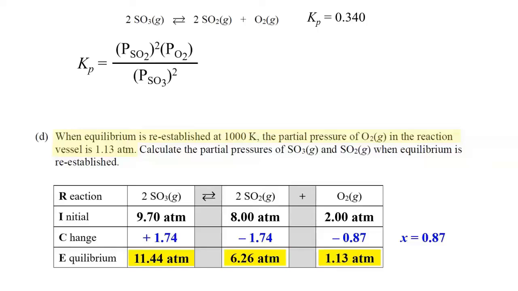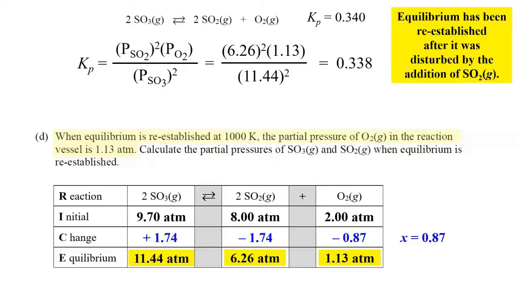So let's go ahead and plug in those three values into the equilibrium constant expression, and hopefully we get 0.34 again. So on the top, it's going to be pressure of SO2 squared times pressure of O2. So 6.26 squared times 1.13. And on the bottom, it's going to be pressure of SO3 squared. That's going to be 11.44 squared. So when you do this math on your calculator, you hope that you get 0.34, and we get 0.338. Close enough, looks good. So equilibrium has been reestablished after it was disturbed, this time by the addition of SO2